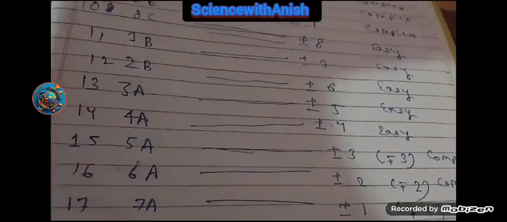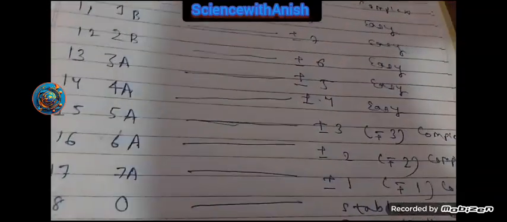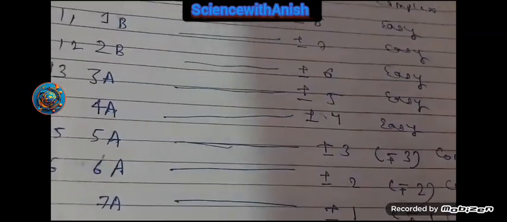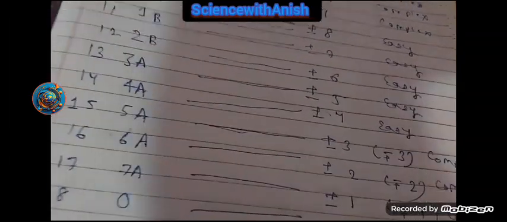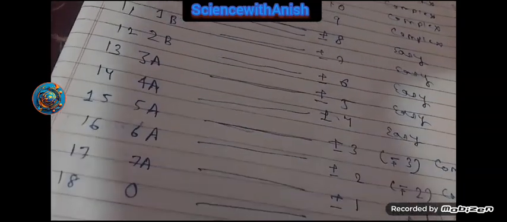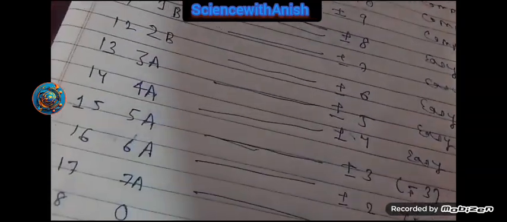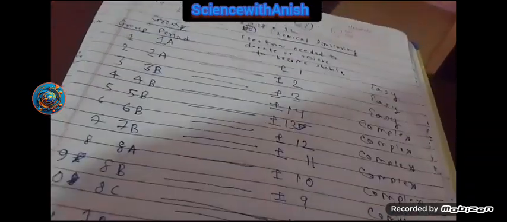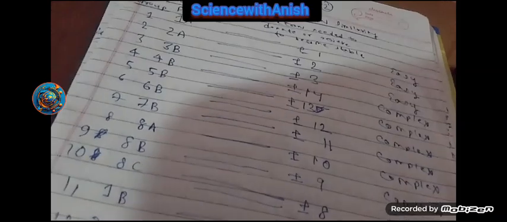Now the next group we will look at is group 15, 16, 17. In group 15, 16, 17, all the elements also need to donate or receive 3, 2 and 1 electrons to become chemically stable. So why are the elements in group 15, 16 and 17 not put in the same group as group 3, 2 and 1? Well, it is because the elements in group 15, 16 and 17 have different chemical properties than the elements in groups 3, 4, 5. So even though they are chemically similar, I'm